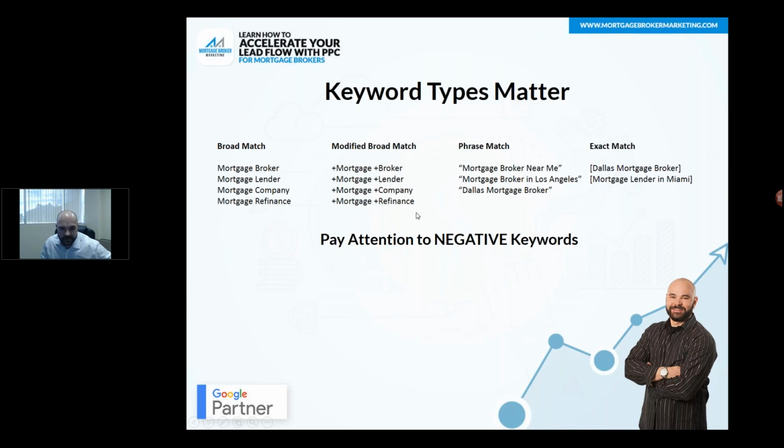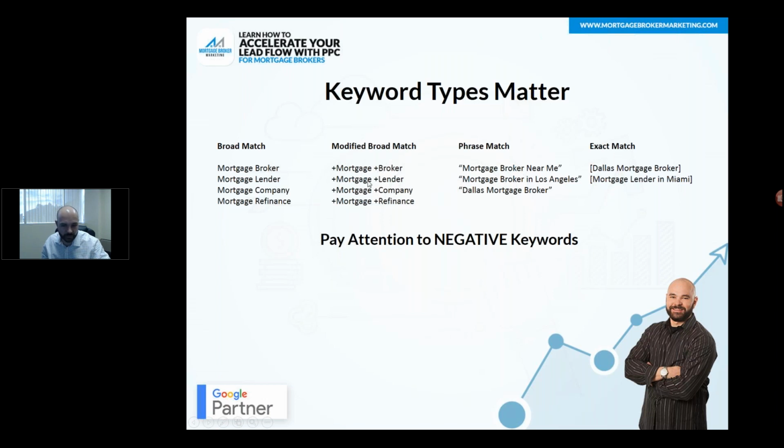The ones I really like are phrase and modified broad match. To give you an example, if we had a modified broad matched keyword that we're optimizing for, it's mortgage broker. So you would see a little plus sign in front of mortgage and a little plus sign in front of broker. That means that anything that they typed in, it could be broker mortgage, looking for a broker,